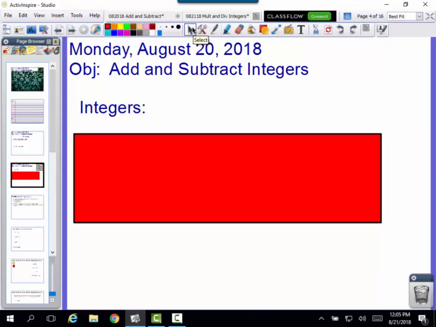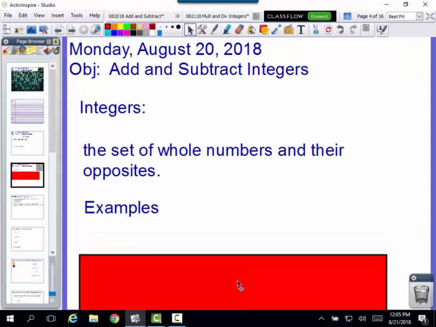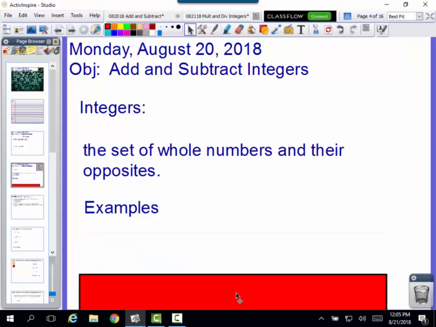The natural numbers, which are what we call counting numbers, 1, 2, 3, 4, 5, and so on. Then we've got the set of whole numbers, which are all the counting numbers plus 0. And then we move into what we call the integers. The integers are the set of whole numbers and their opposites. Whole numbers, as we just said, are 0, 1, 2, 3, 4, and so on, all the way out to positive infinity. Well, the integers are going to be that set plus all the negative numbers that are